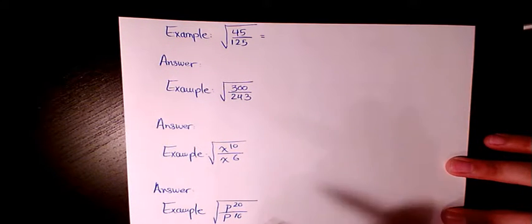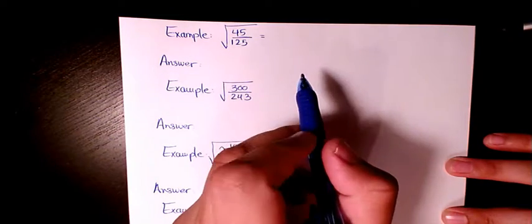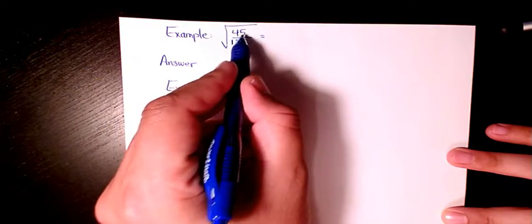Welcome to my channel. In this video I want to show you how to simplify a radical expression. I'm gonna use the quotient rule, or quotient property. So we have the square root of 45 divided by